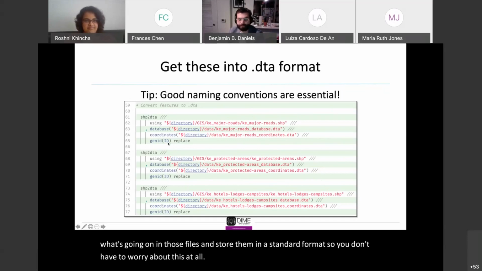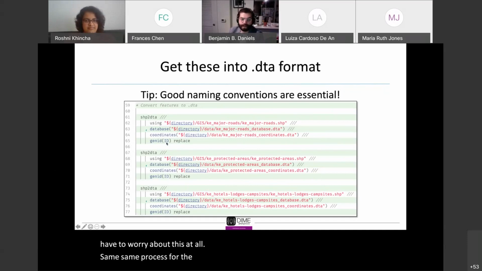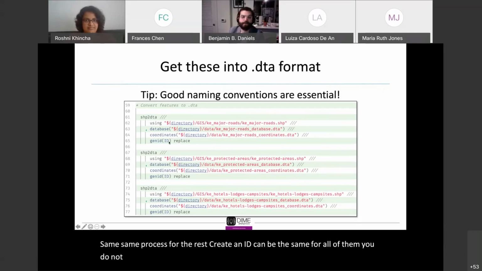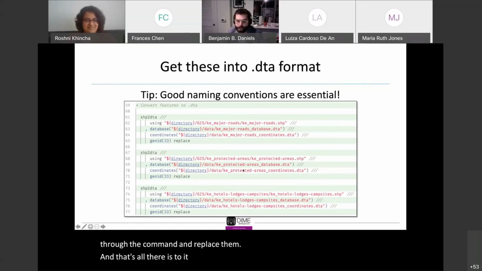Same process for the rest. Create an ID. It can be the same for all of them. You do not need to specify this piece by piece because they're handled separately through the command, and replace them. And that's all there is to it. Again, you're getting a lot of data very quickly. So as you can see, we name them